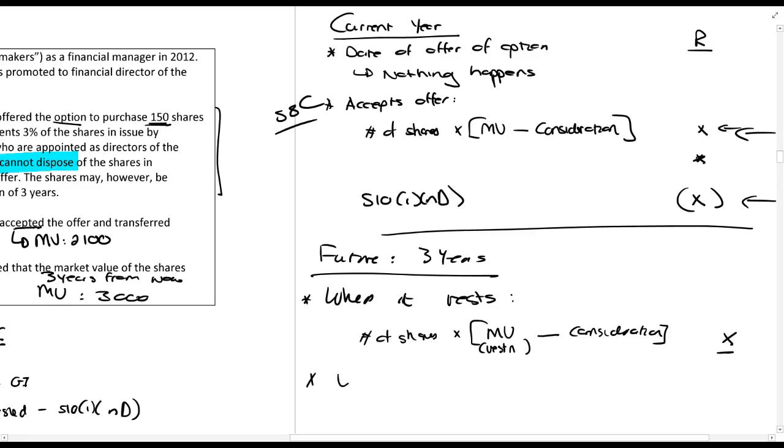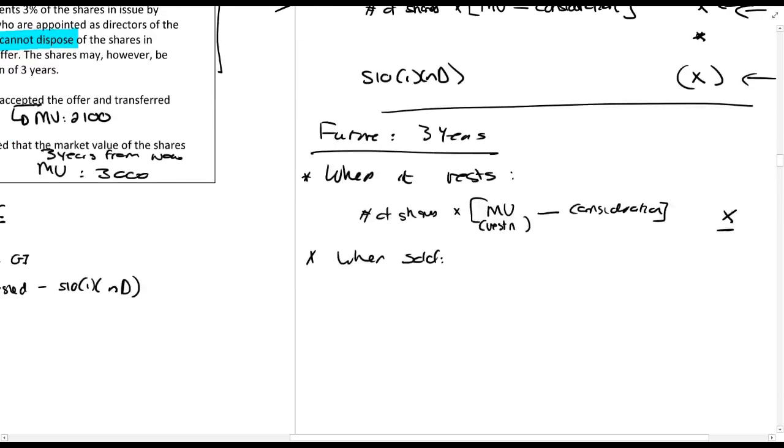Then, when sold, if it's gross income, it goes here if it's a share dealer. If not, there's a capital gain, and the proceeds will be whatever the proceeds is, and the base cost will be that amount which you've included. Right. Because that's the portion that has already been taxed. You can't get taxed on it again. That's the idea behind it.